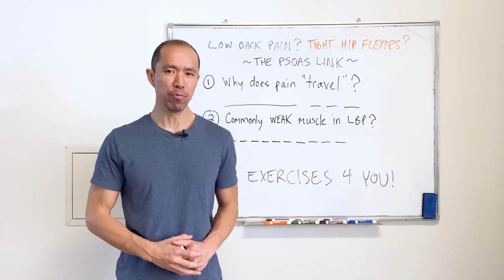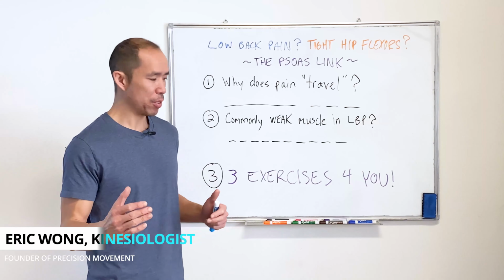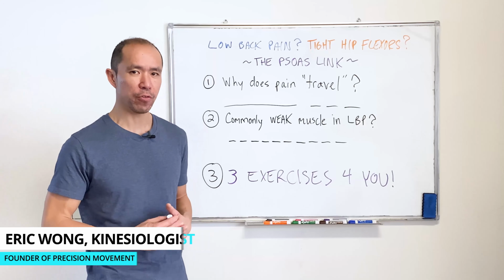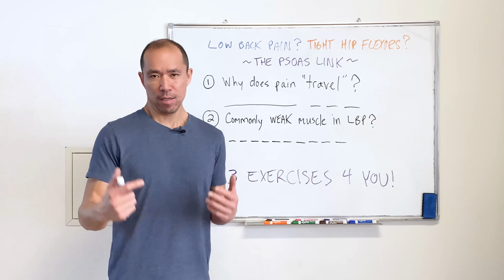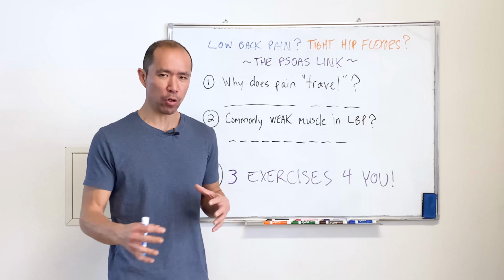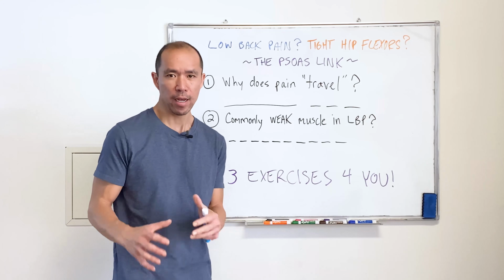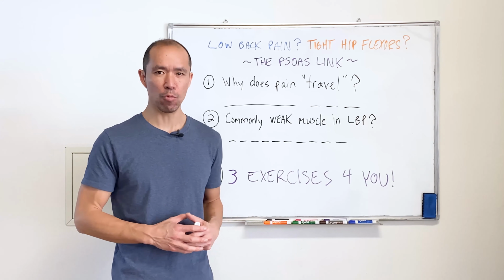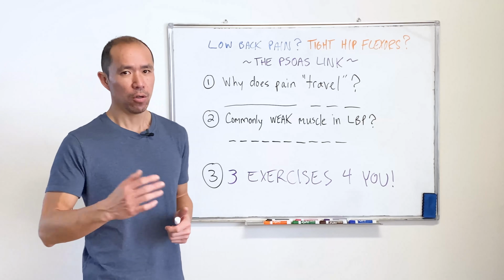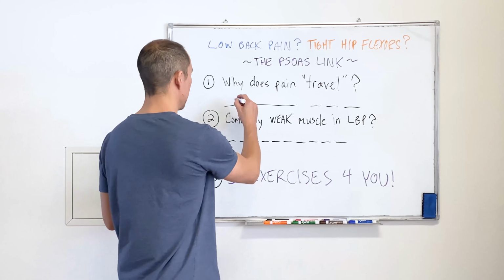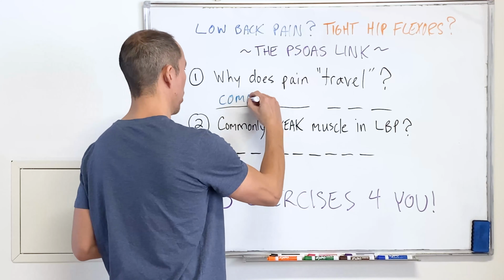Coach E from Precision Movement here, and something that some people come to me with that has them really confused is they'll tell me, Coach, I've got pain in one area of my body, but it seems to travel around to different areas of my body. Or they'll have pain in one area, they'll work on it, that'll resolve, but then they'll get pain somewhere else. And why does that happen? Well, that often happens because of this, a compensatory